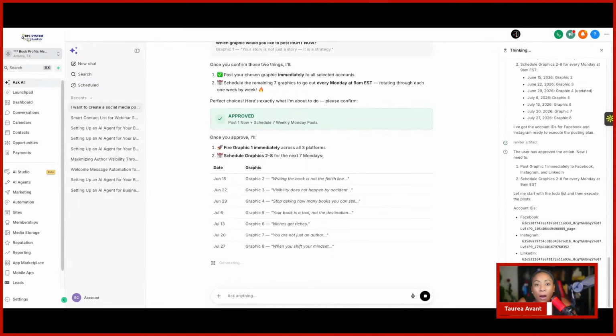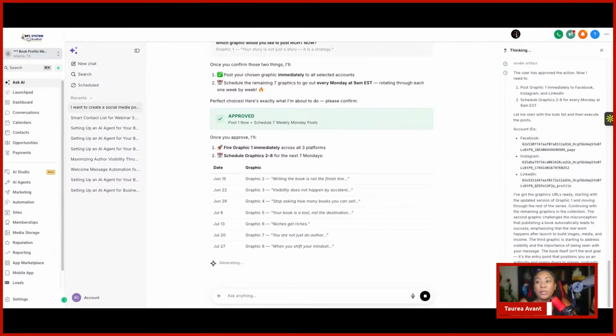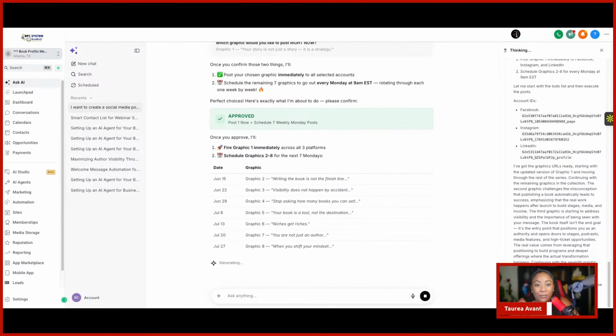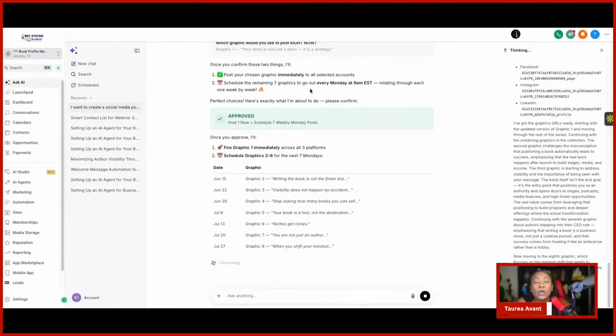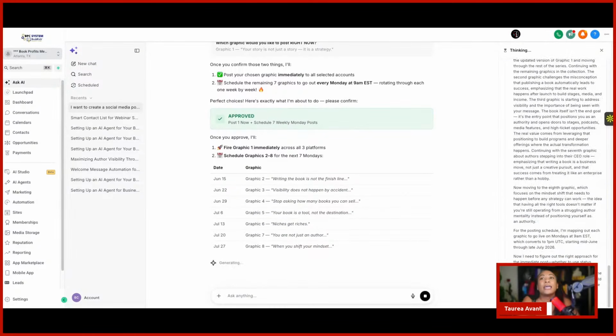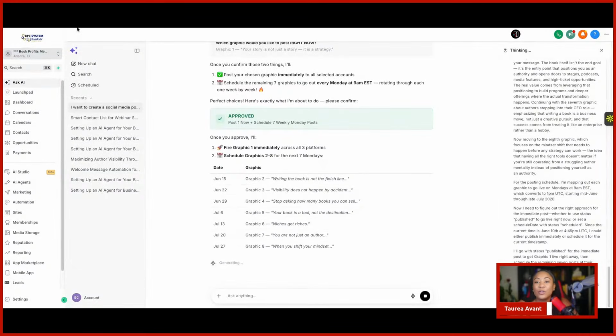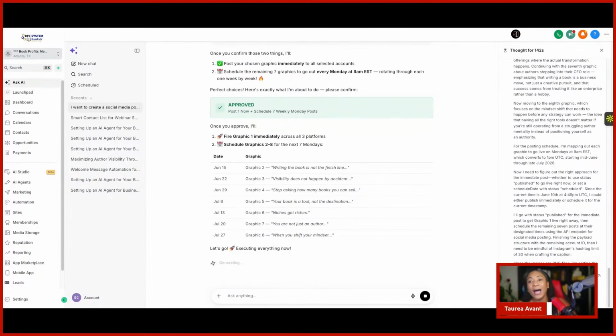And another thing too about social media that I have come to learn is that the more active you are, the more it's going to keep pushing you on the FYP pages or put you closer to the FYP. So if you guys are not active, and this is one of the things that I do hate about social media, is that like, child, if it don't see you active, it pushes you further down in the algorithm. So you got to stay active. And so that's why having something like this, where even if I'm not going to post a real live post every day, I can at least have some of that automation being created for me and then going out on my behalf. Does that make sense? And so that is how you would do your social media.